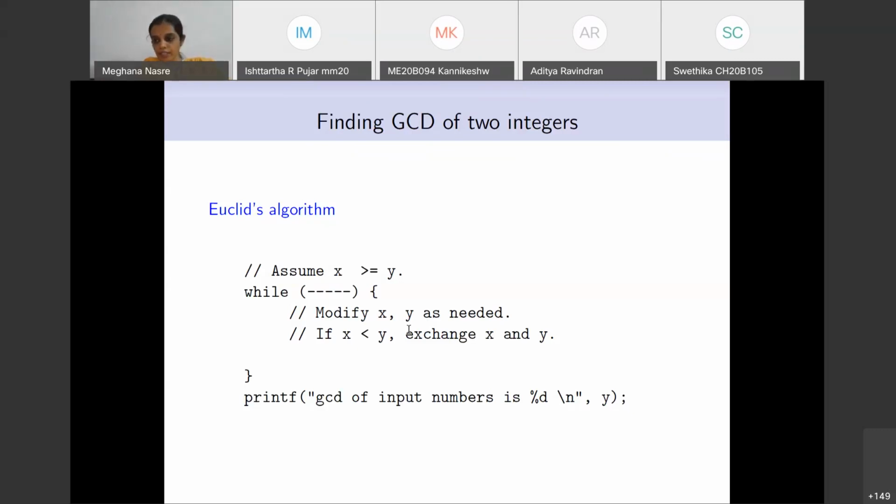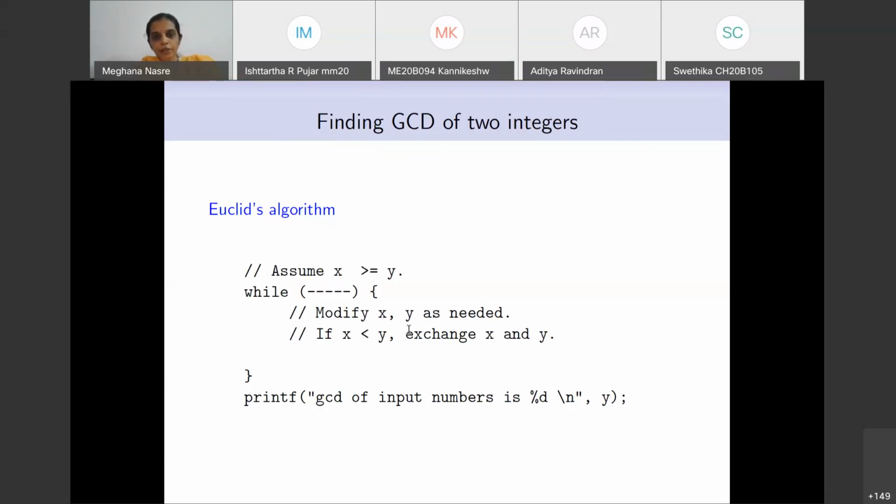Can we prove this result using strong induction? Yes, you can prove this result using strong induction, but the initial part, that is GCD of x, y is equal to GCD of x minus y, is something that you can prove by simply doing what I had illustrated earlier, and then using that, of course, you can apply the mod operator repeatedly. Sorry, the subtraction repeatedly, which is equivalent to the mod operator.